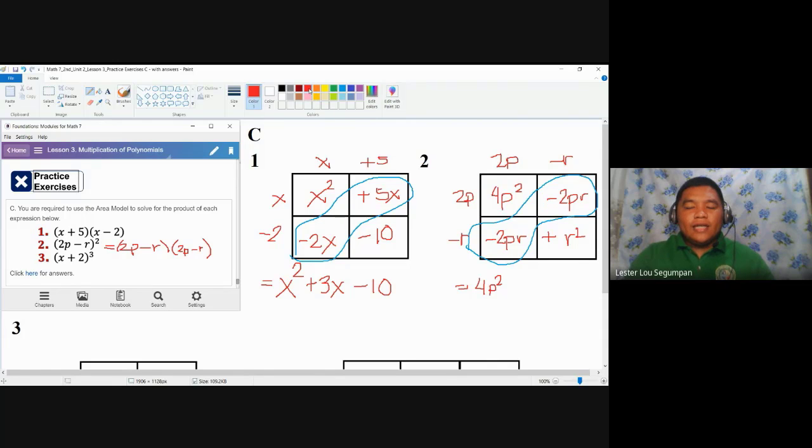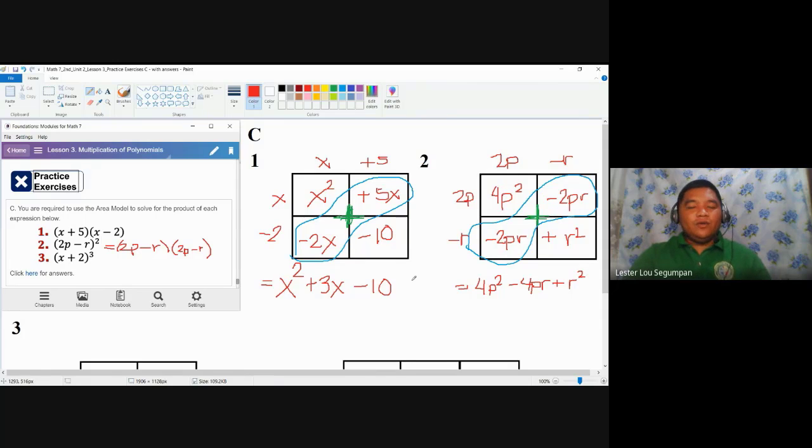Or the other method here, if we talk about the grids, take a look at the intersection in the middle. We have here plus. This is also the purpose of the grids. This means we are using addition as the operation. So negative 2 plus negative 2, we will have negative 4 PR. Let me write it here. And finally, for the last item, you have plus R squared.